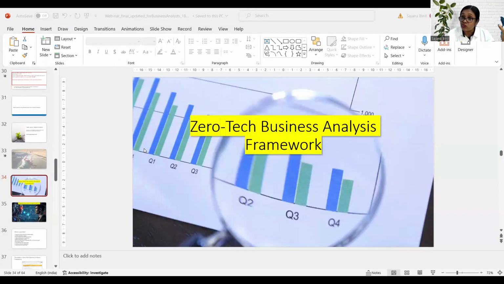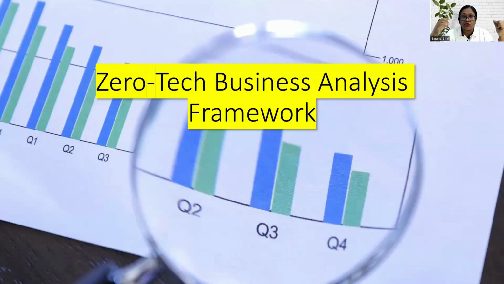So preparation of our students, we do using the Zero Tech Business Analysis Framework. What is the Zero Tech Business Analysis Framework? Well, it consists of a bunch of templates that we provide to our students so that they are not confused as to how to do the documentation. Our BA world involves a lot of documentation, guys. Everybody is confused about how to write a BRD, how to write an FRD, and how to create a process flow diagram. So the Zero Tech Business Analysis Framework works on certain formulas and certain templates, and now we have